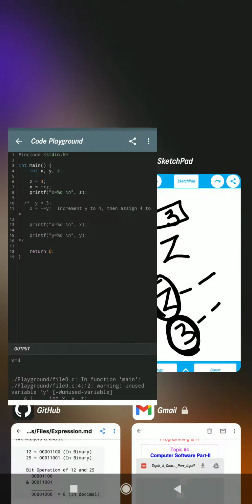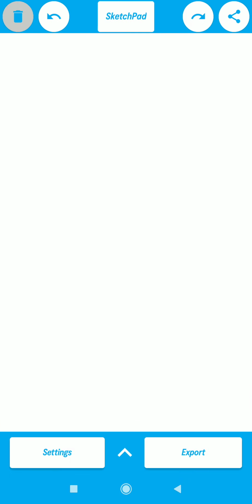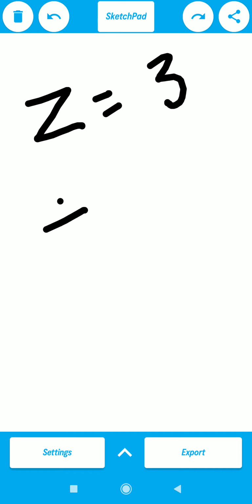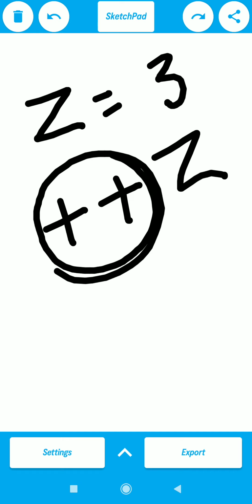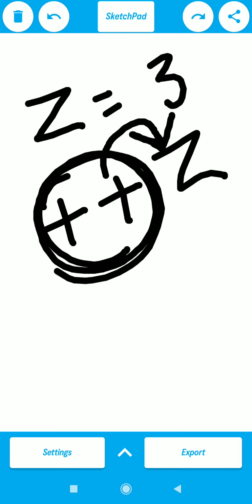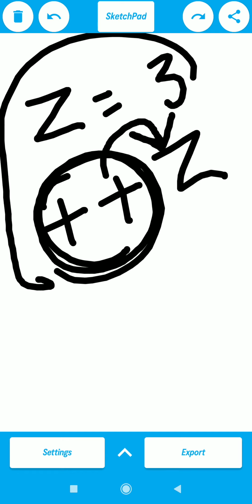So see here with the same example. Suppose I have z equals 3. If I say plus plus z, it automatically increments and puts the latest value inside z as 4. Because when 3 comes there, it means you have to increment z first.